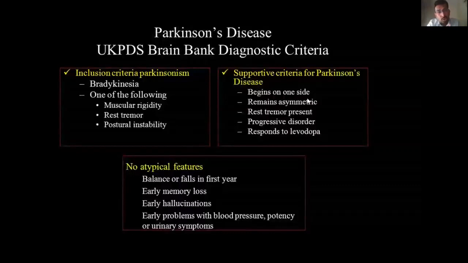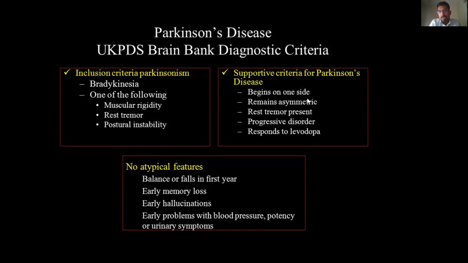Parkinsonism usually starts on one side. It progresses, but it remains asymmetrical at least until late stage. In later stage, it can be symmetrical, but it starts on one side. It can progress to both sides, but usually one side remains more affected than the other. The tremor is mostly present at rest. There are a few situations where you can get action postural tremor as well. It's called re-emergent tremor. Probably we will not go that route, but it is mostly resting tremor, though other forms of tremor can also be seen.